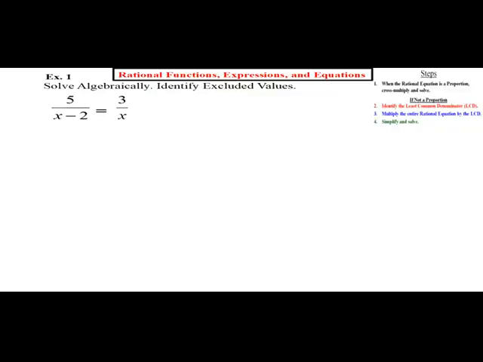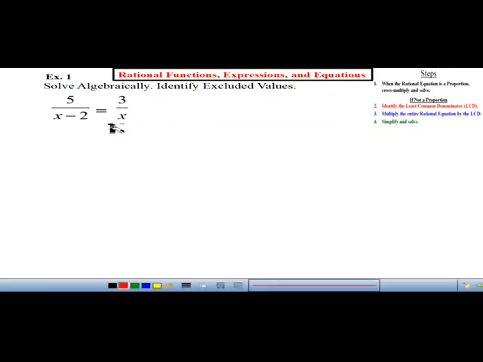All right, here we go. To solve algebraically, we have a rational equation. Is it a proportion, guys? Yeah, we have a fraction equal to another fraction. So I'm going to do step 1, which is cross multiply and solve. I'm going to start up here and from left to right, cross multiply. 5 times x is 5x equals x minus 2 times 3, and that gives us 3x minus